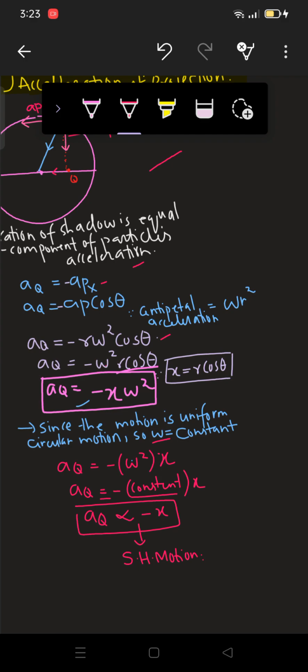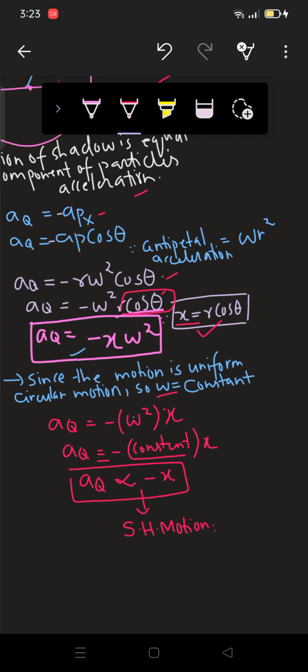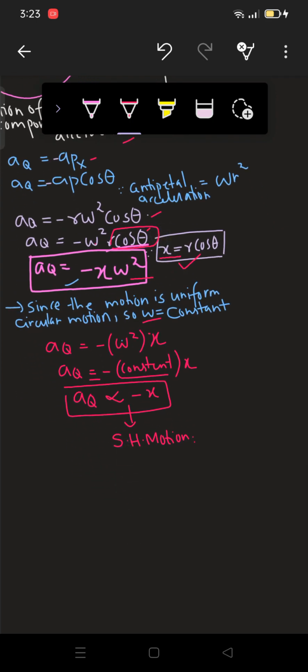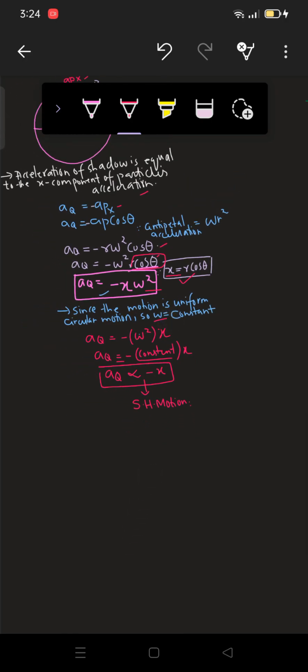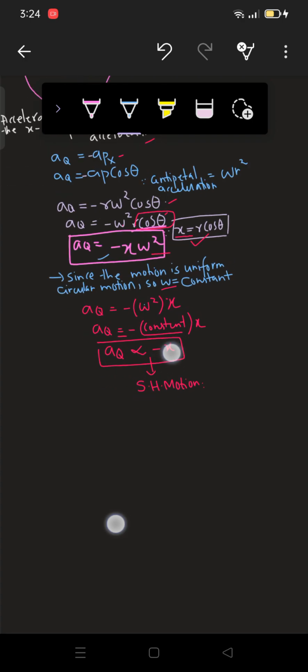We already know that r cos theta is equal to x, since we have already derived the formula for the displacement of a particle, which was x is equal to r cos theta, not particle however projection. So instead of r cos theta, I have put x. Finally, the formula for finding the acceleration of a particle, we have got minus x omega square, right? Now in today's video, we are going to discuss the maximum